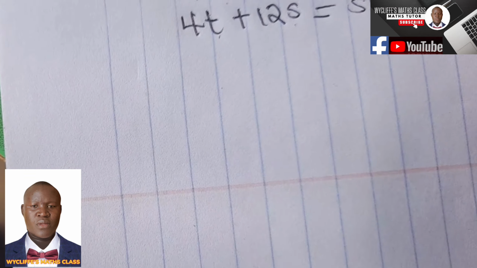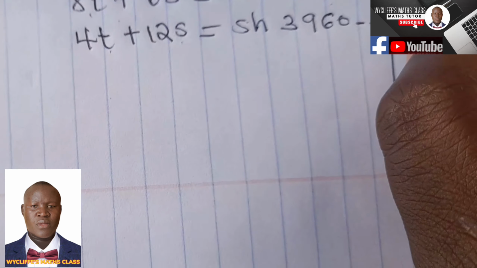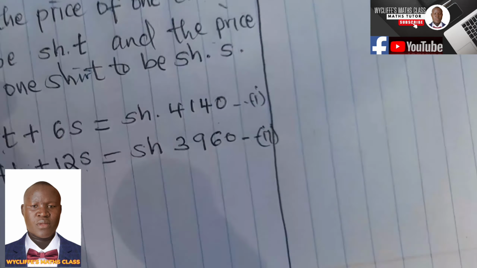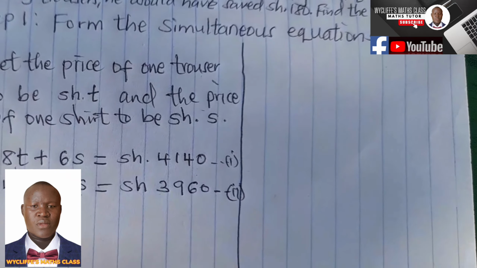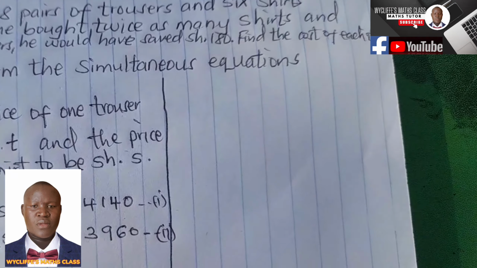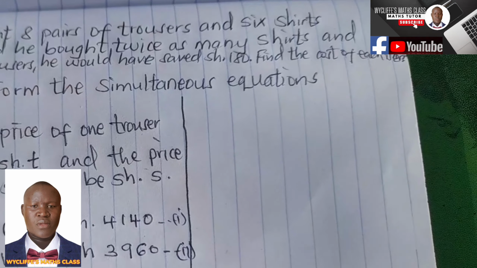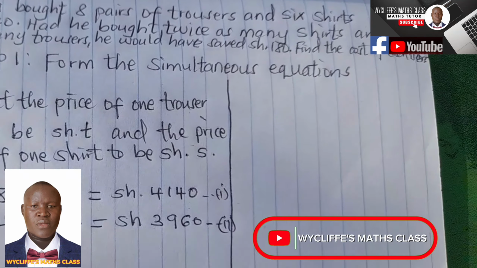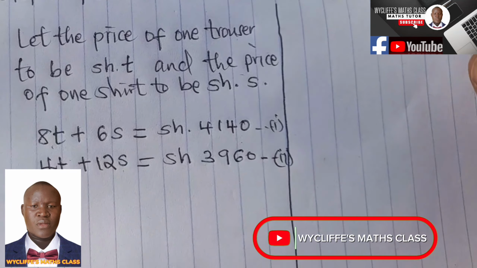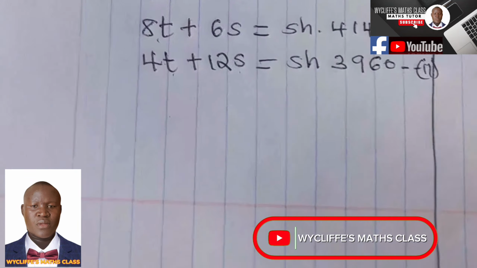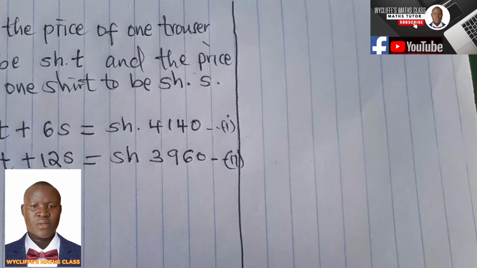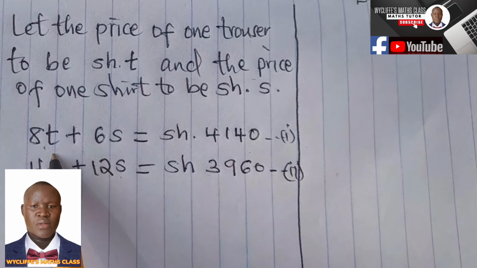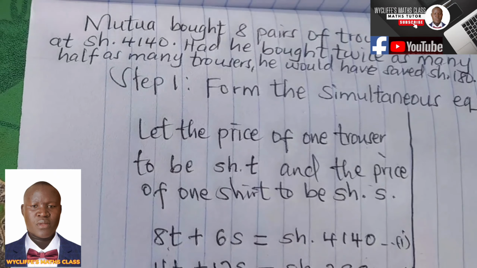Now we are going to solve these two equations. There are two methods of solving simultaneous equations. We have substitution method, and we have elimination method. Now let me use substitution method. Now with the substitution method, we take one of the equations. For example, the first one is